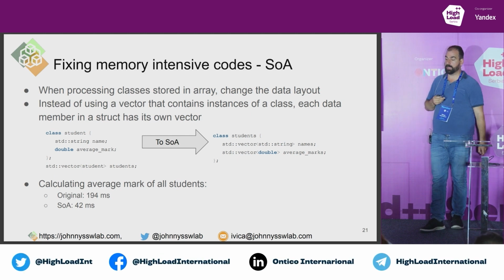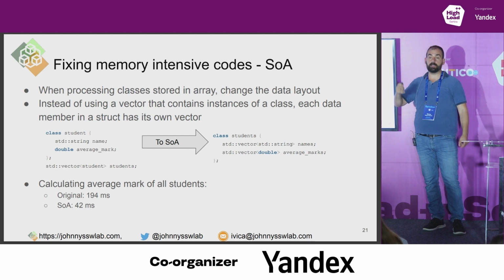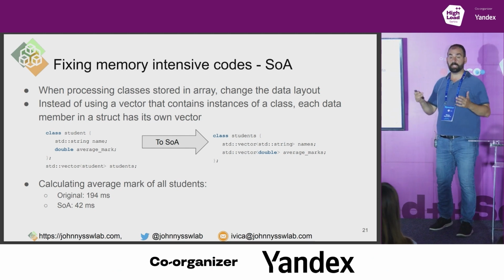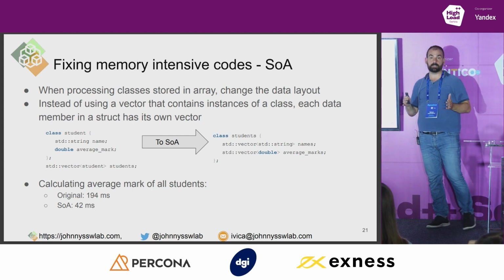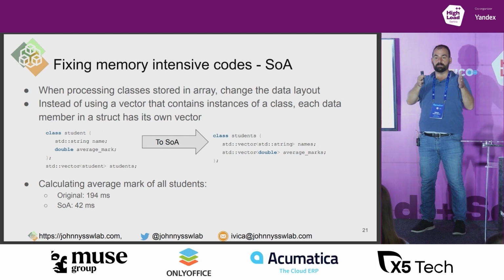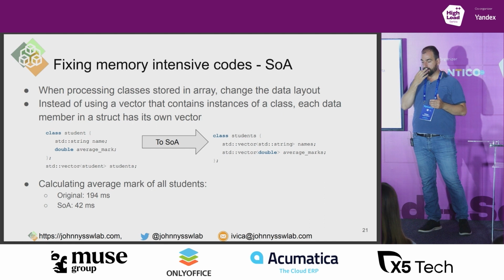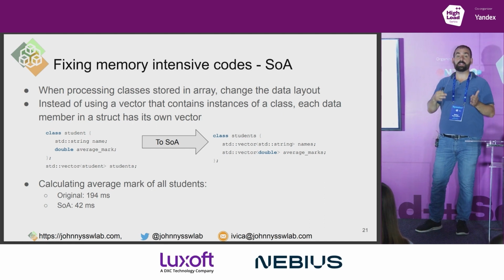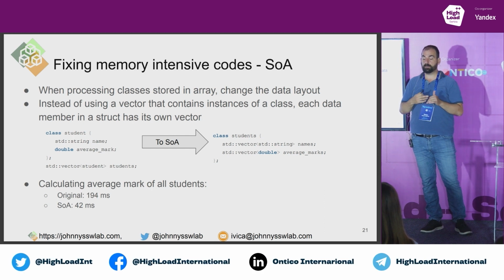So how does that work? When we have classes stored in an array, we can change the data layout. Instead of using a vector where each element is an instance of a class, which is called array of structures, we convert it to structure of arrays. And each member